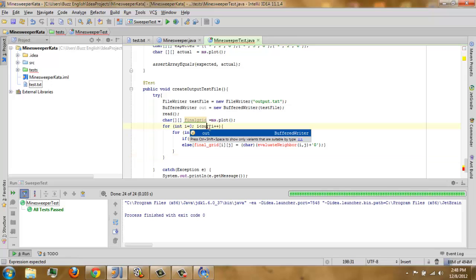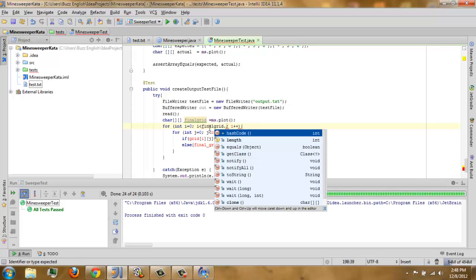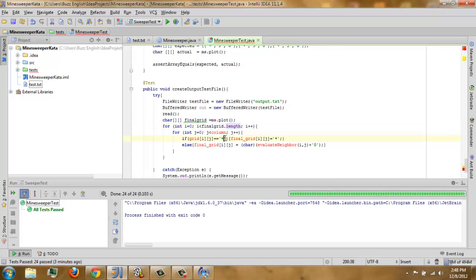Final grid that length. Final grid that length also.